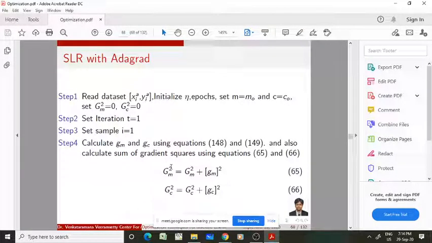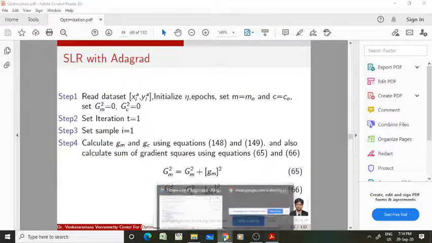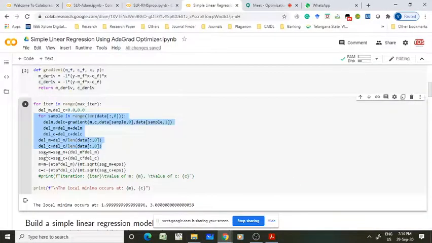Finally I am calculating the sum of the squares of the gradient. Sum of the squares of the gradient with respect to m, sum of the squares of the gradient with respect to c, plus del_m into del_m, that is g_m into g_m, called g_m square. Del_c into del_c, that is del_c whole square, called g_c square. So in these equations I am calculating the sum of the squares of the gradient.